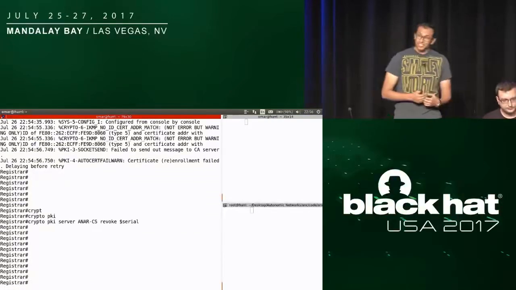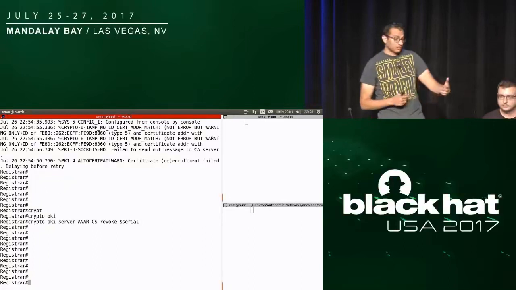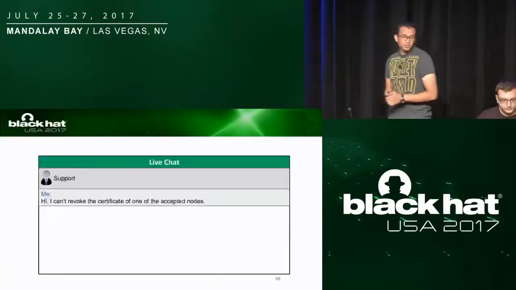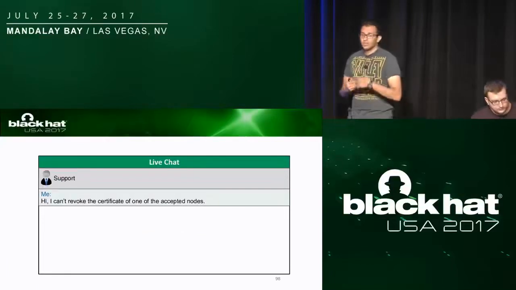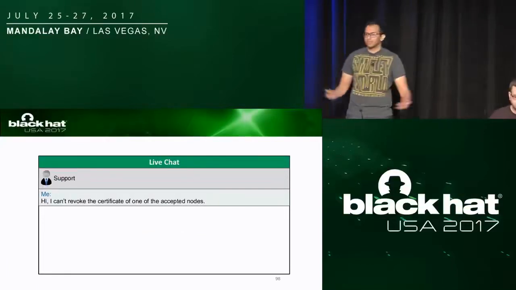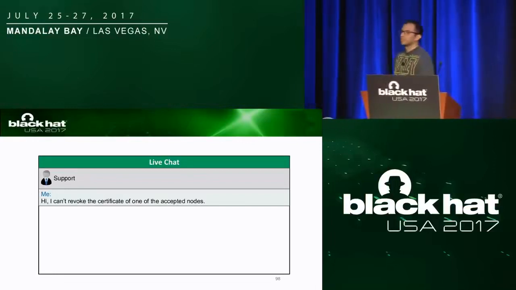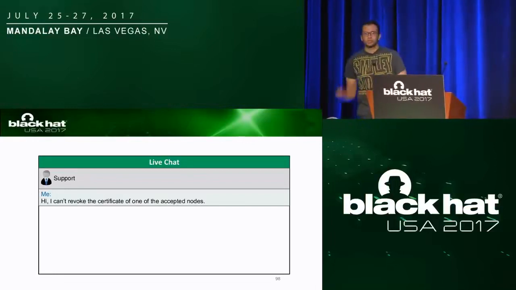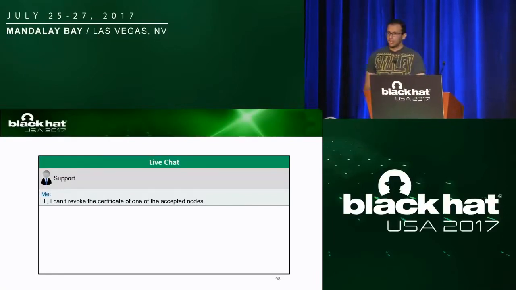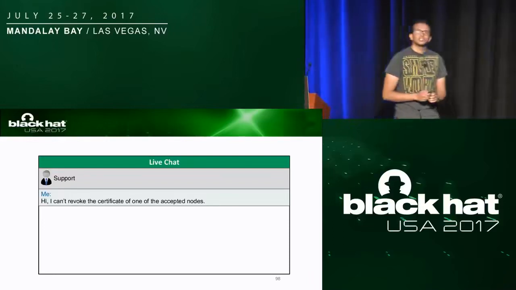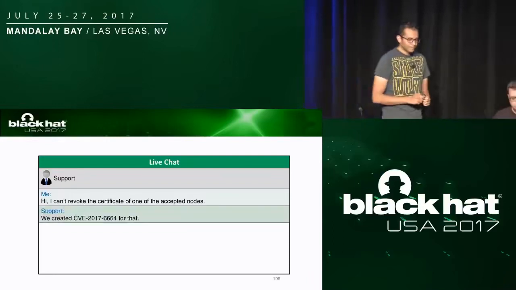Okay, well, we tested this, and if you can go to the presentation, please. When we tested this and told Cisco, we tried to revoke the certificate, but nothing happened. Every time, they are still in our connection and now in our domain. They said to us, have you tried it on internal or external? Have you tried it on just the register, or do you have your dedicated? Well, if you tried it on internal, it's not supported. But if you have tried on external, well, this is a CVE.